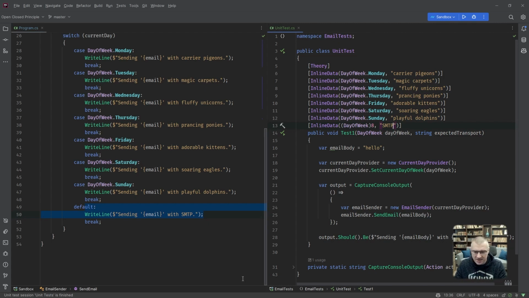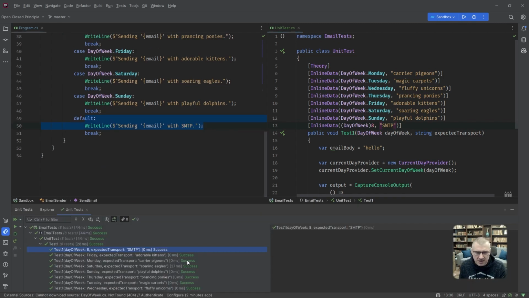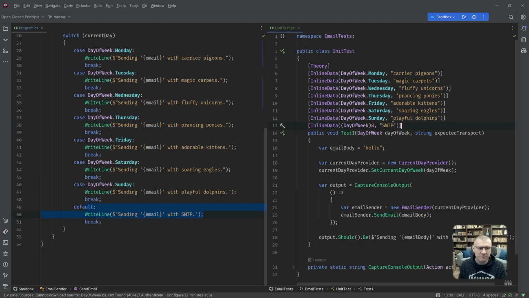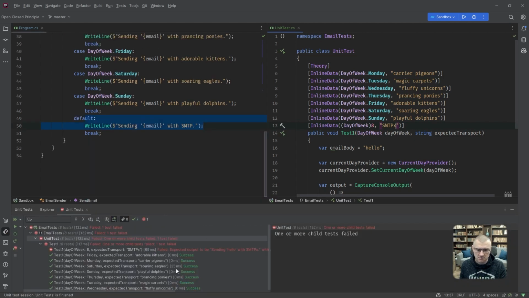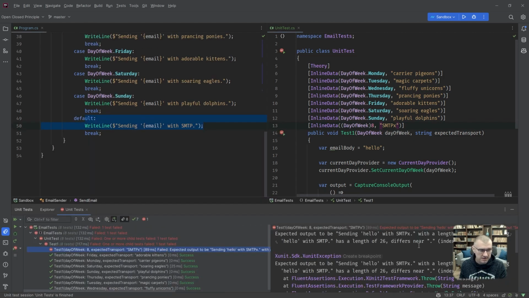So for now, everything just passes. Everything's peachy. But is it passing for the right reasons? Or this thing didn't have any impact on it? So let's mess it up on purpose. Let's run this thing again. And it says, expected SMTP, I got SMTP X.